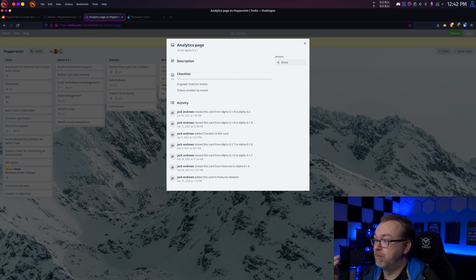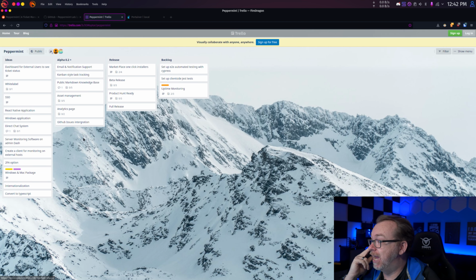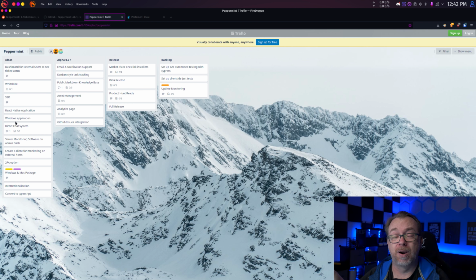Engineer stats, ticket numbers by month. I love seeing that. And then a GitHub issues integration. That'll be a lot of fun. And then of course they've got a list of ideas over here. If you've got more ideas that you think would be a good implementation here,